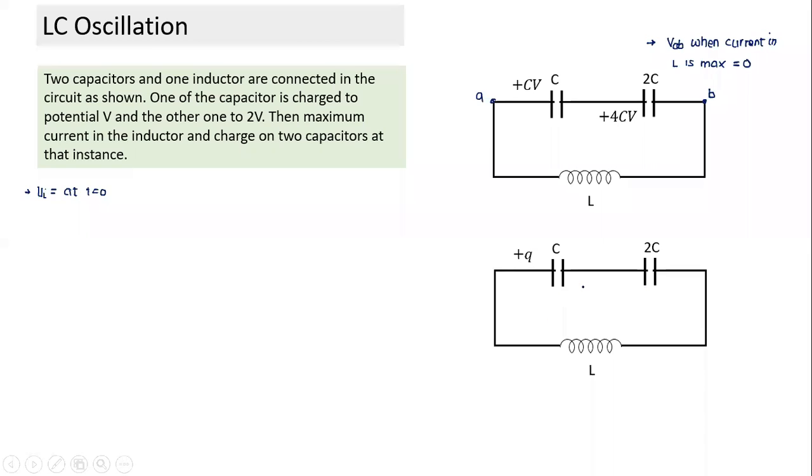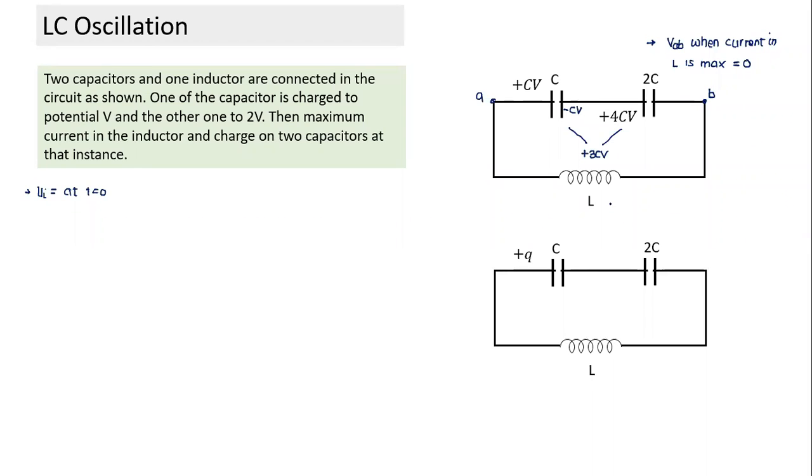What should be the distribution of charge 3CV? Which should have more charge so that the potential becomes 0? Nitya? C should have more charge. Potential is Q by C. No. So what is the net charge here? If I take both the plates put together, the charge here is minus CV. So these two isolated plates should have a charge of plus 3CV.